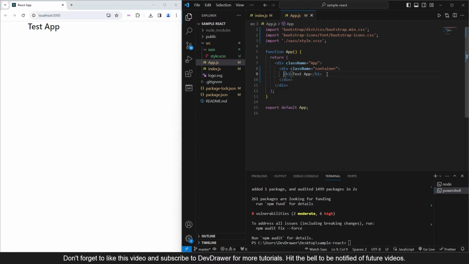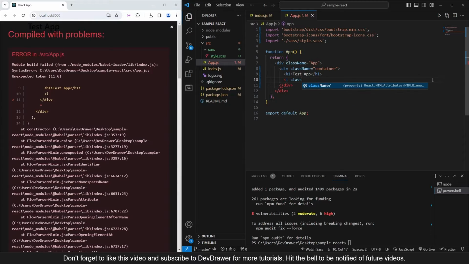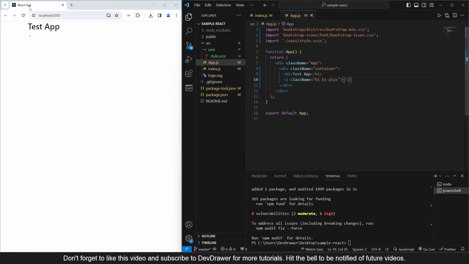And also if we wanted to add a Bootstrap icon, I don't know any of the icons off the top of my head, but let's do something like className equals bi-plus, maybe. See if that works. Okay, there we go. So we can see that the icons are working as well. Okay. So now we have our container set up using Bootstrap. I'm just going to switch it over to container-fluid,